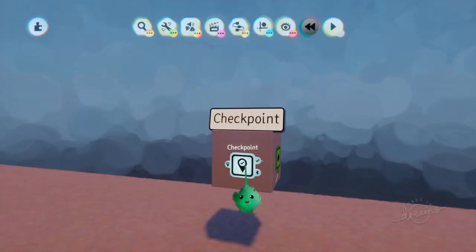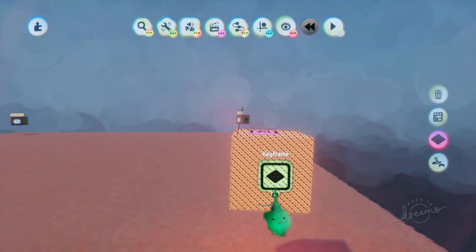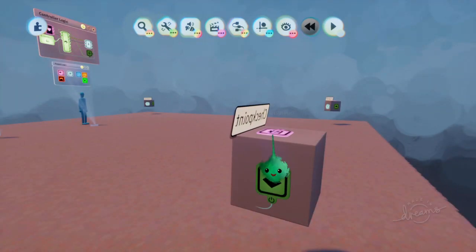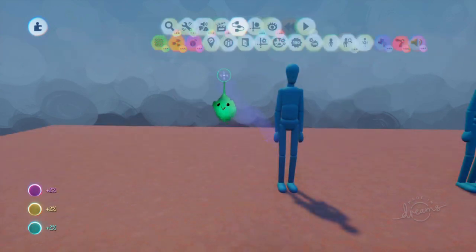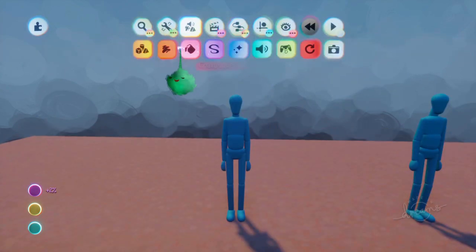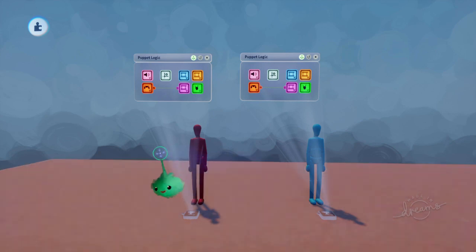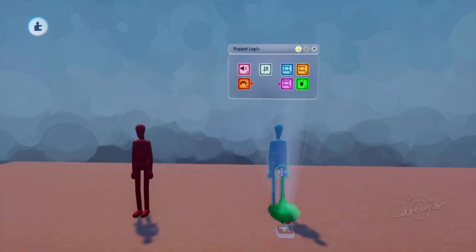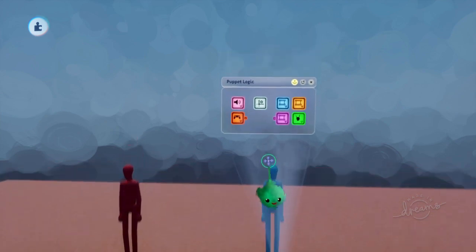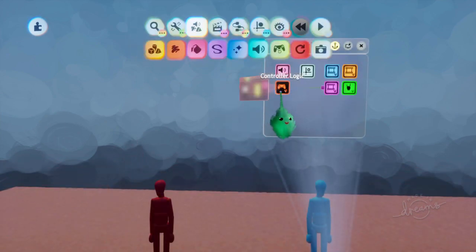So these checkpoints are very simple. It's just a checkpoint, makes the cube glow so you can see it's active, and that's about it. So first let's make a couple of puppets. We'll make one of them a different colour so you can tell them apart. Okay, so first let's get one character working where you can tell it to possess or depossess fully, kind of thing. So first thing